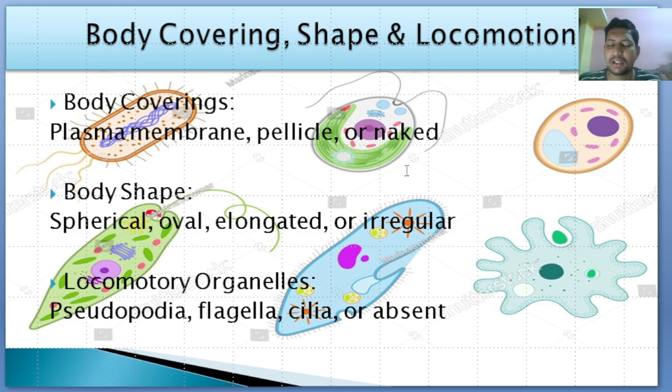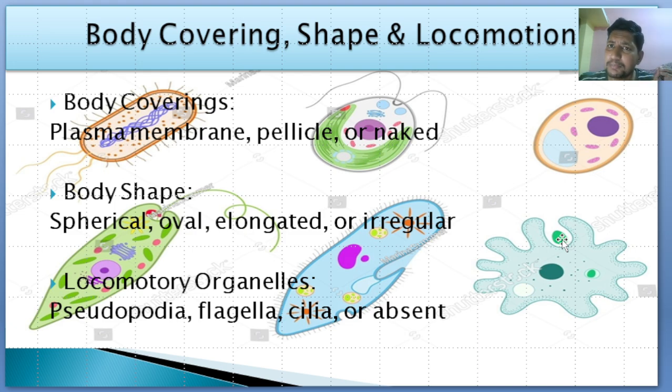Okay, spherical nothing but round or circular, oval egg shaped, elongated andre udda irtave, irregular, for example you can see amoeba. So amoeba is the best example of the animal without a definite shape, or you can say it is irregular in shape. And the important locomotory organelles in case of protozoans are pseudopodia, flagella, cilia. See, pseudopodia, for example, it is present in amoeba. Flagella, it is present in case of euglena. Cilia, it is a locomotory organelle of paramecium.